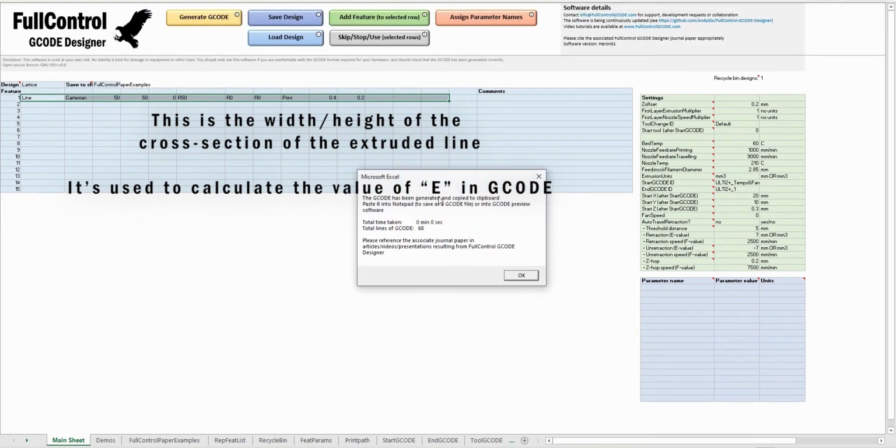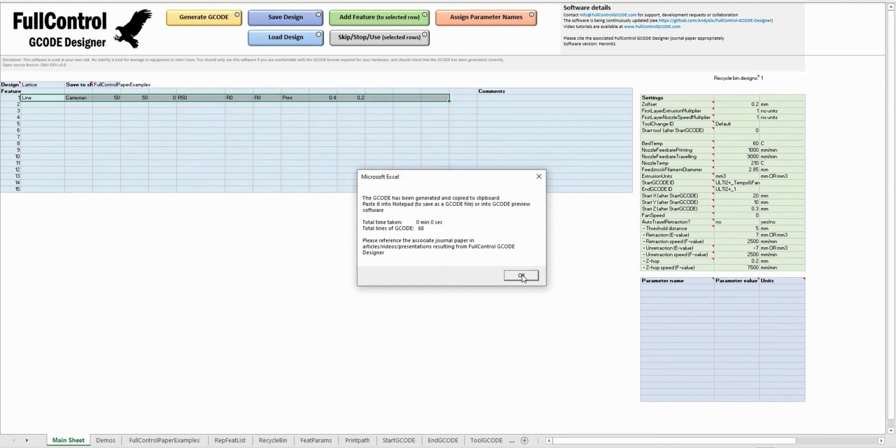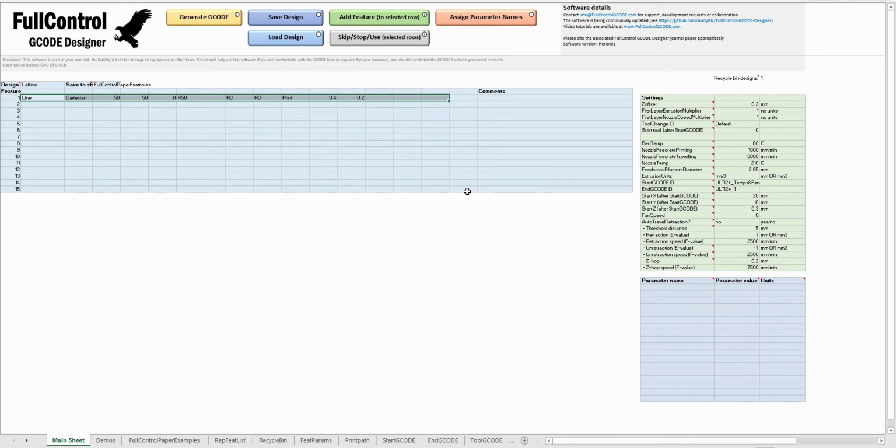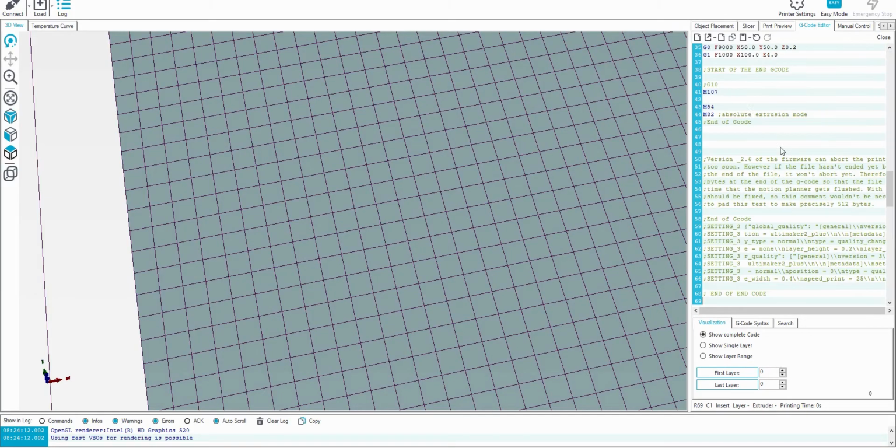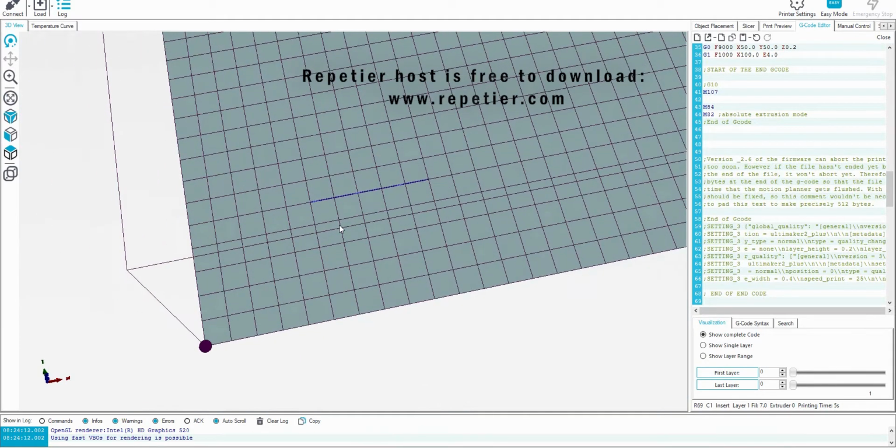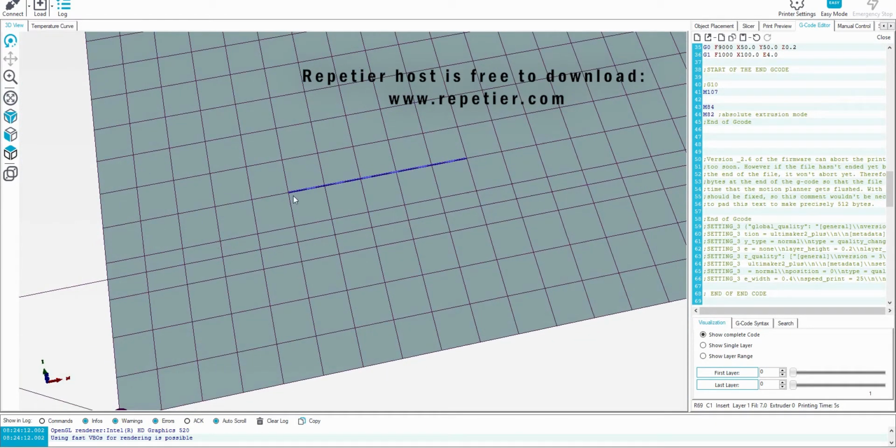So if I generate the G-code now, clicking that button at the top, it's copied the G-code to clipboard after inspecting this feature, and then I can paste that into a preview software. So I'm using Repetier Host, and there's my line going from the point 50-50 on this 10mm grid 50mm to